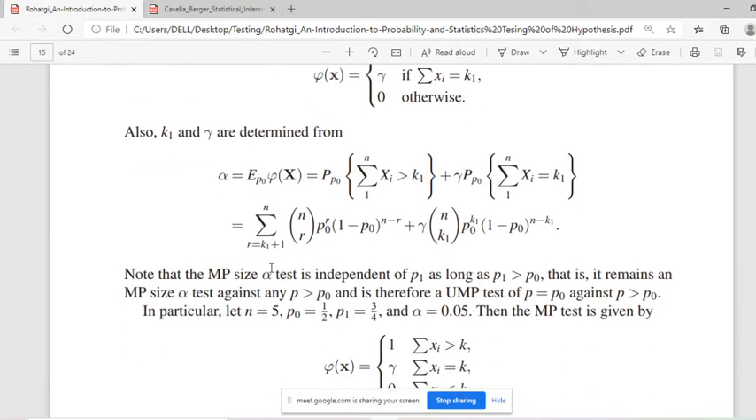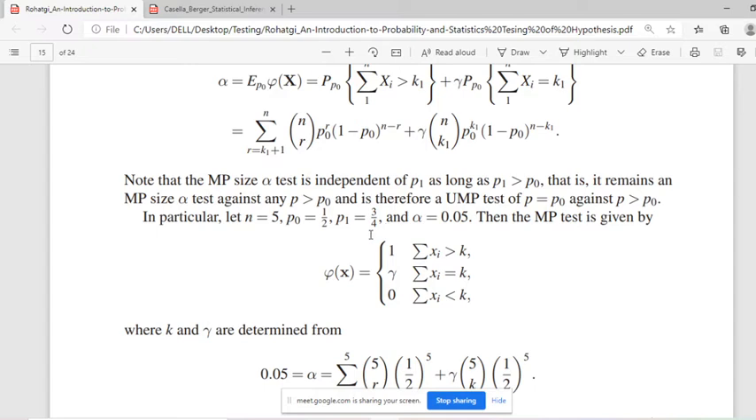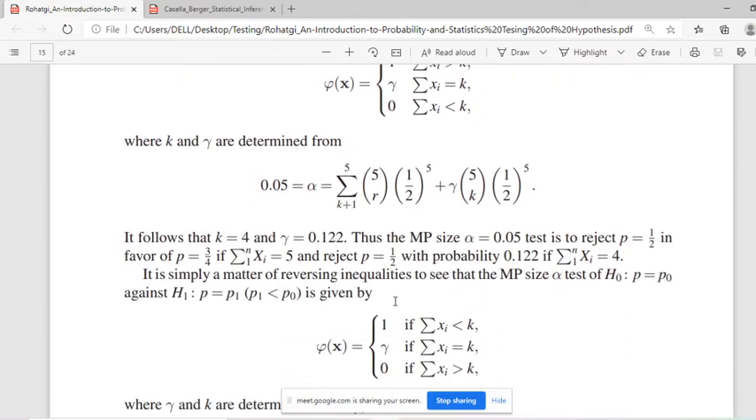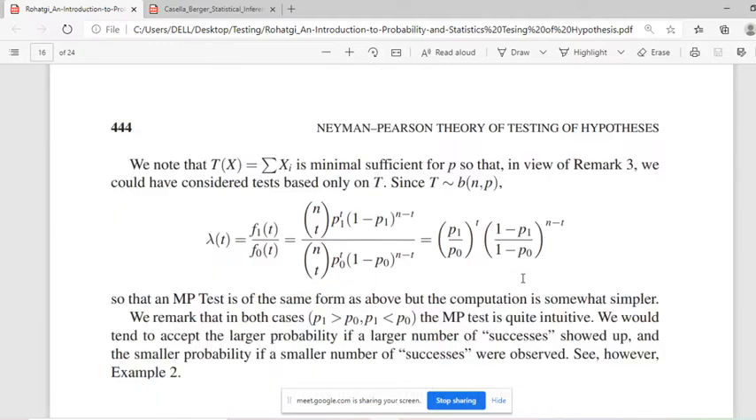So that technique is applied here, and in particular for a numerical realization, we consider these values and obtain the gamma value, and we have given the conclusion: reject p is equal to 1 by 2 in favor of p is equal to 3 by 4 if summation xi is 5, that is greater than 4, and reject p is equal to 1 by 2 with probability 0.112 if summation xi equals 4. Okay,